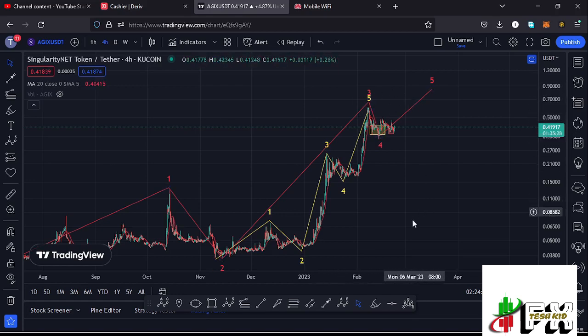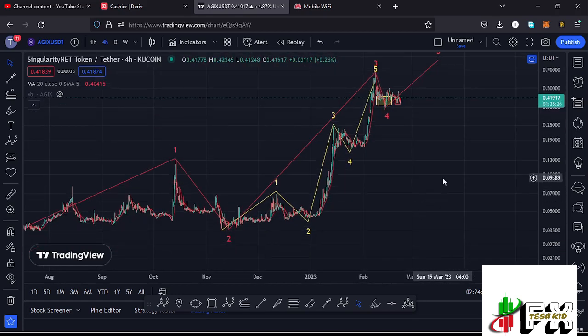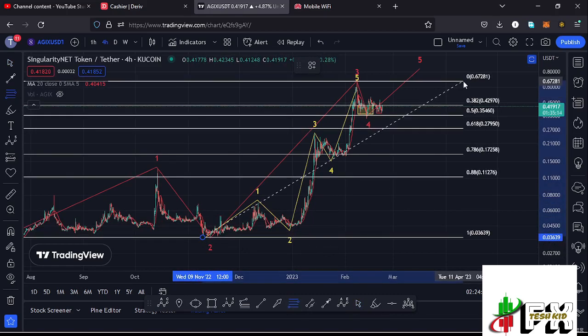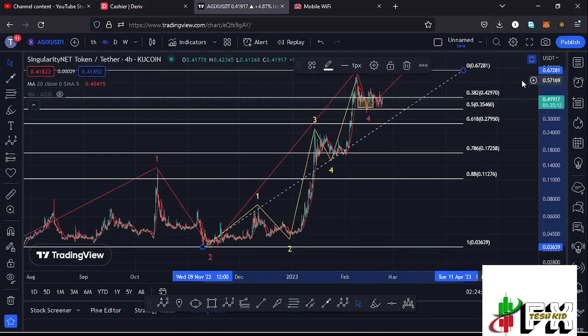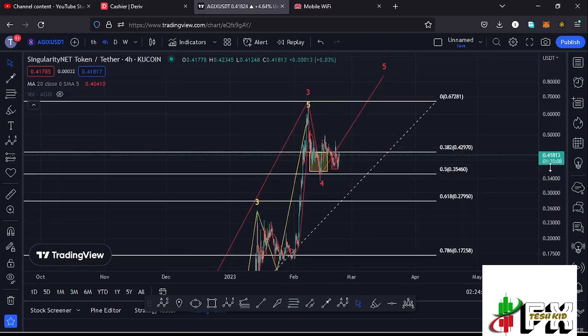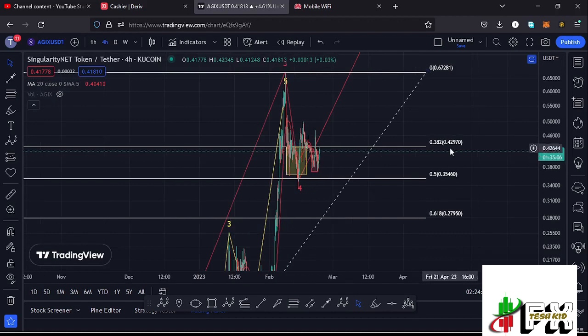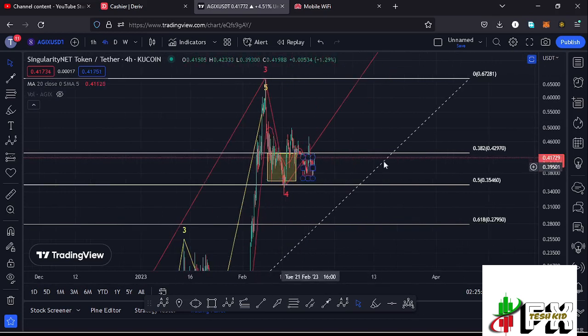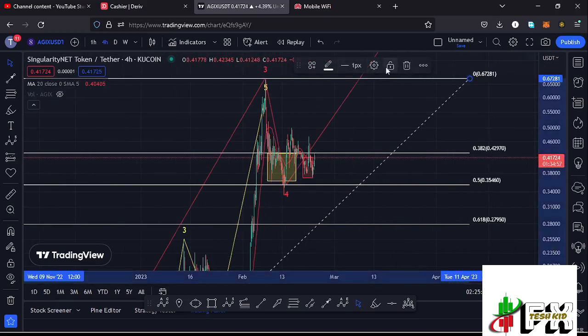And after seeing the high for that wave 3, what we expected next is a corrective structure in the formation of that wave 4, and using the Fibonacci, connecting them from the low of the second wave to the high of that wave 3, that gave me a minimum retracement area in the formation of that wave 4 between the fib level 0.382 and the fib level 0.5, which lies between the $0.4297 mark and the $0.3546 mark, and it is within this yellow target area down here that I was expecting to see the low for that fourth wave